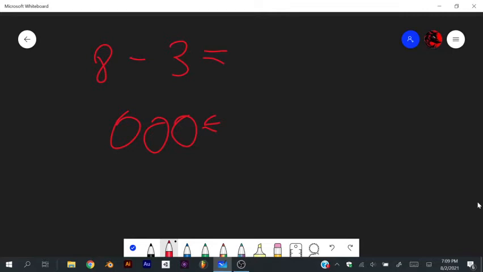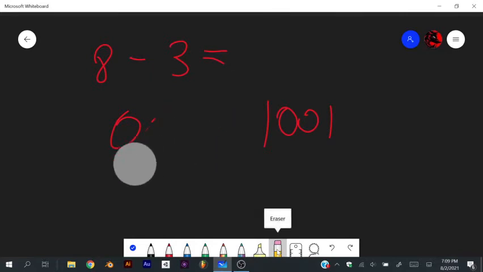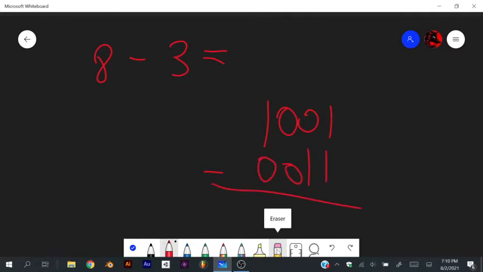So I'm pretty sure it would be 1001. I will check with that later, and if I'm wrong, I'll just tell that in the server. Okay, so 1001 minus 3, which we know is 1100. And so once we do that subtraction with the binaries